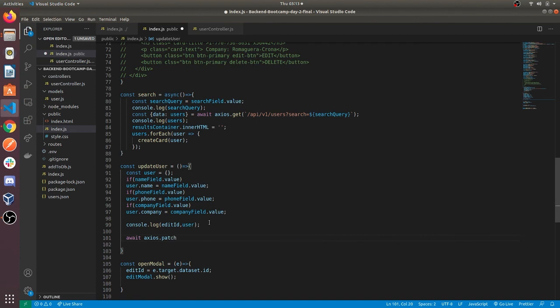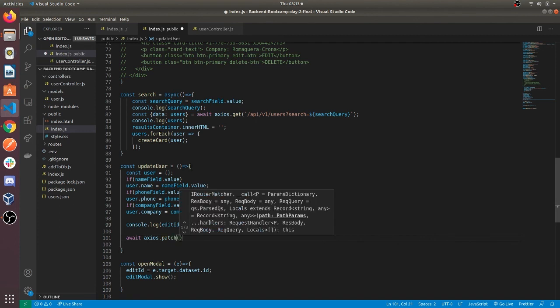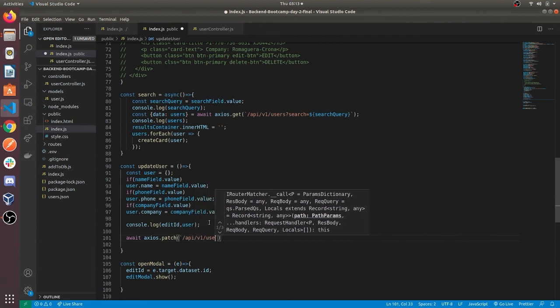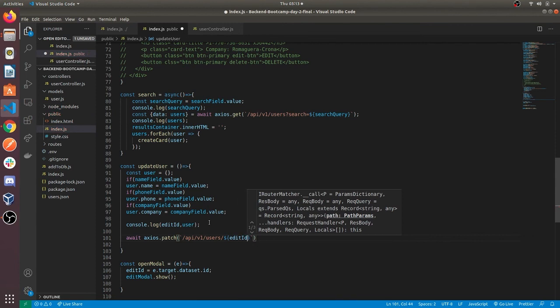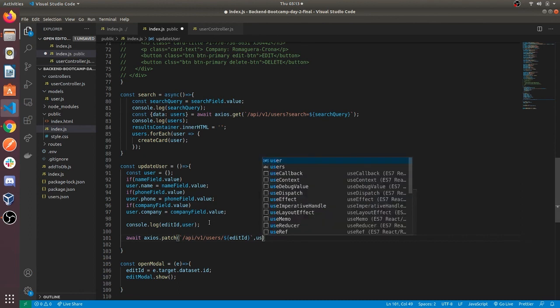Similarly, we'll create a patch request. We will pass the user ID as a path parameter, and the object as the second parameter of this patch function.